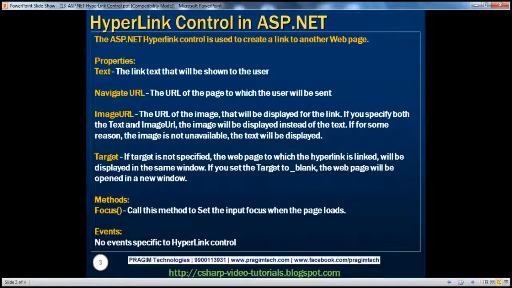So image URL, the URL of the image that will be displayed for the link. If you specify both the text and the image URL, the image will be displayed instead of the text. Okay, so the image URL property will have higher precedence over the text property. And if for some reason the image is not available, then the text will be displayed as a